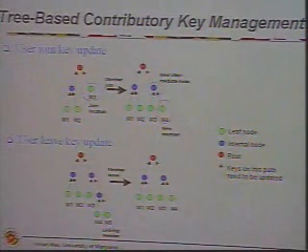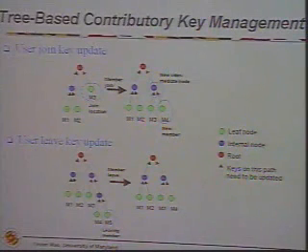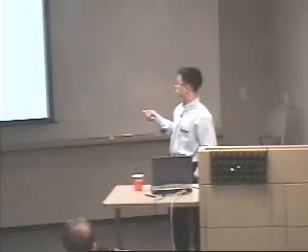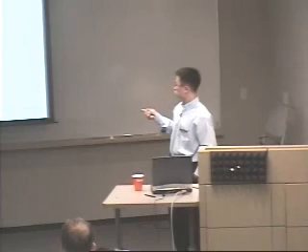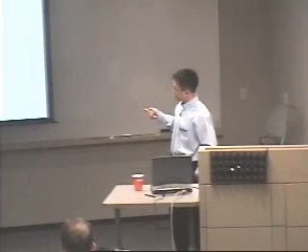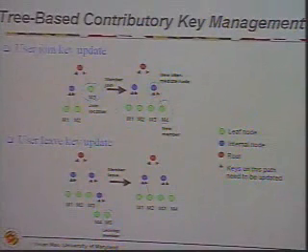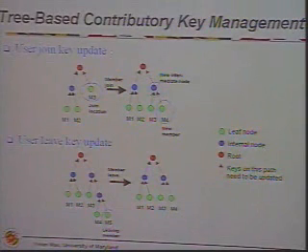At some point, M4 tries to join. M4 will first find what we call the insertion location in the key tree here. In this case, it's M3. M4 is paired with M3. Those two people exchange some information and perform a two-party Diffie-Hellman to form a subgroup key. And then these two subgroups, M1, M2, and M3, M4, will perform another two-party Diffie-Hellman to update the group